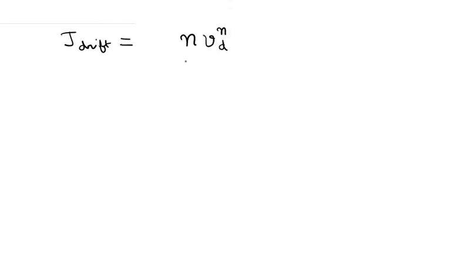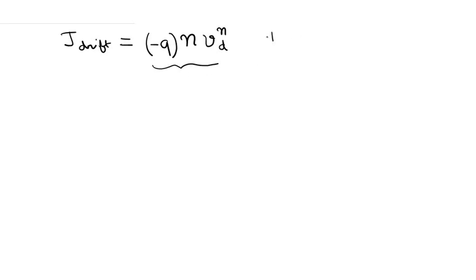So the total flux of electrons, or the total rate of flow of electrons per unit area, is n times Vd, and then the electrons carry a charge minus q. When you want the current, you multiply the flux of the particles by its charge. This is the rate of flow of electrons per unit area, and if you want to get the current per unit area due to flow of electrons, you have to multiply it with the charge of the electron. So the total drift current due to electrons is minus q times n times Vd,